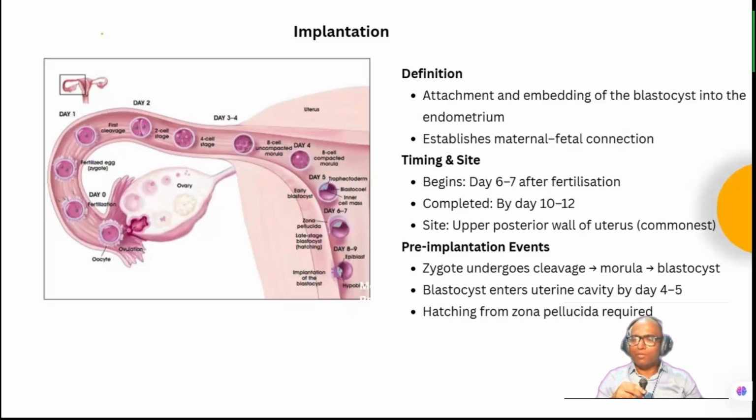Okay, so the time of beginning of implantation is around 6 to 7 days after fertilization. It gets completed by day 10 to day 12. So what is the site? It is the upper posterior wall of the uterus. That is the commonest site of